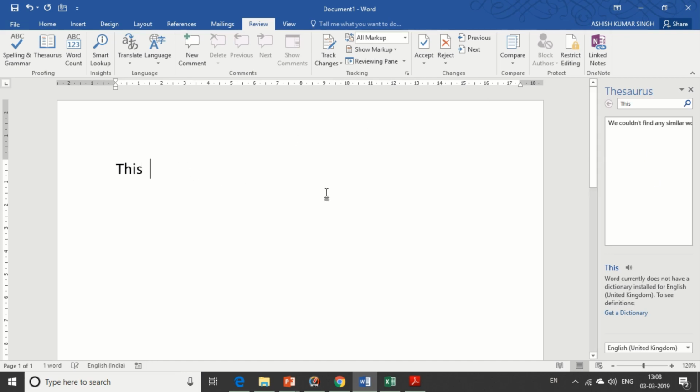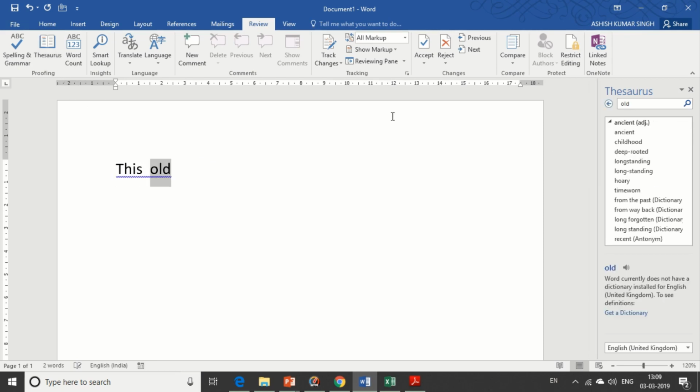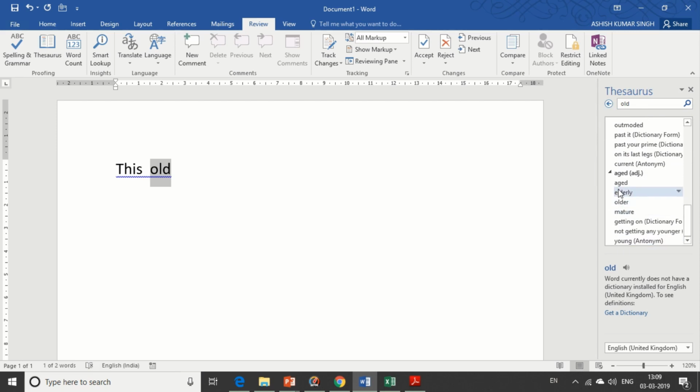It will contain fewer results. Use some different word, like old. Now use the thesaurus. See, for old: adjective, synonym, antonym, everything is in it. We get it from here in the thesaurus. We have this command in the Review tab of Word.